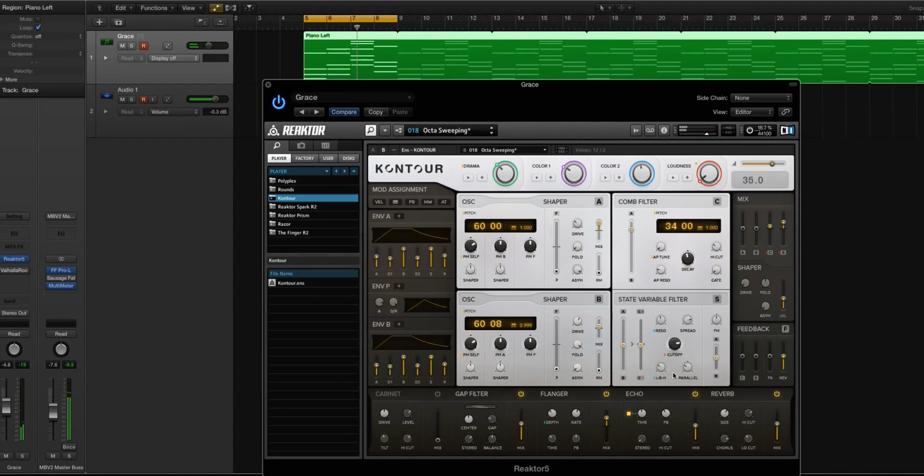So I would look at it as a way to smooth things out inside of the state variable filter. And moving down to this parallel knob here. So this one's kind of confusing. In the Kontour manual, it's described as the amount of modulation of the cutoff frequencies in the output signals of the oscillator and shaper A and B, with the A and B crossfader below determining the mix